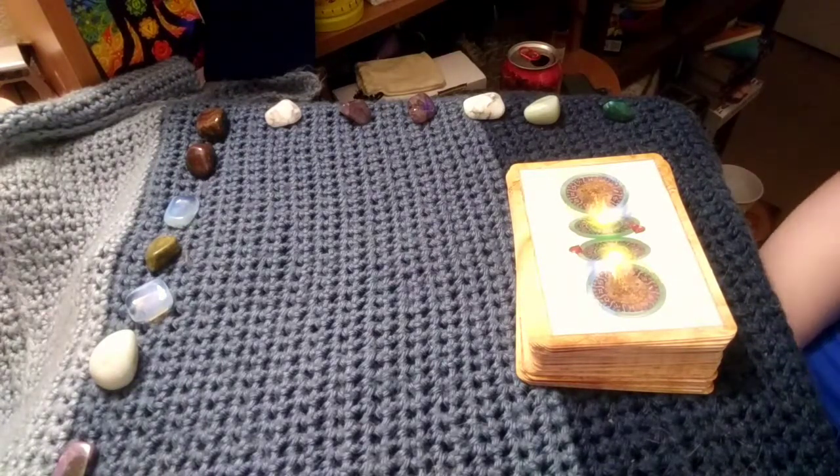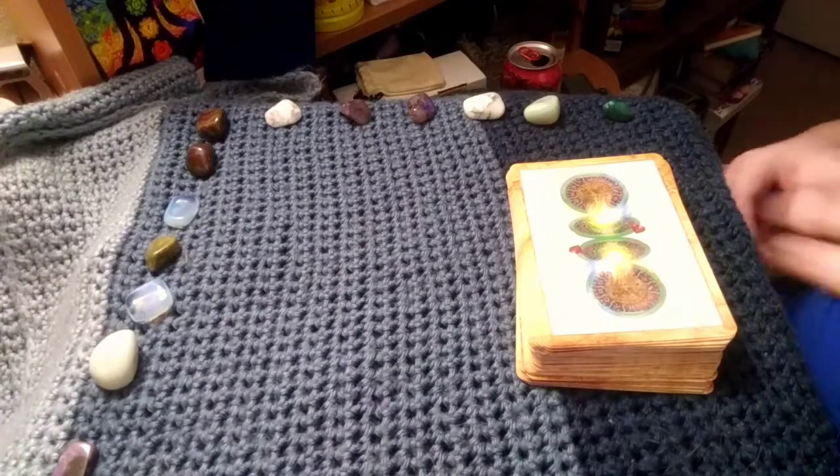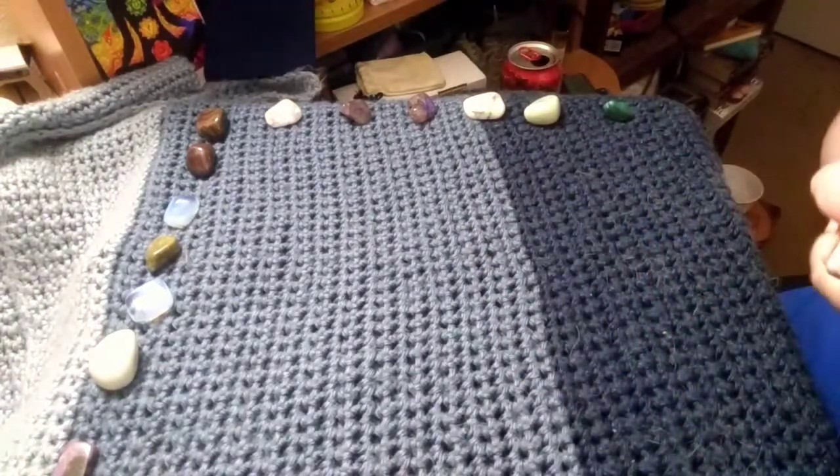So I will put the links below, and it actually fits right in with the mapping that we're doing right now. So we're gonna do a thing. And by the way, these cards,